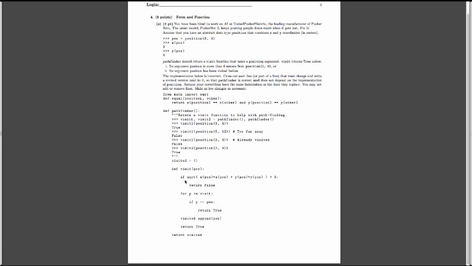That's fine. If square root of x position times x position plus y position times y position, this is just the distance formula. If it's greater than 6, then we want to return false. Alright, this looks right, so we don't want to visit things that we're more than 6 away from. We might not need to touch this. For p in visit, oh, this is definitely wrong, right? So visit's a function, this should be visited. So we're going through this tuple, right? That makes sense. If p equals position,